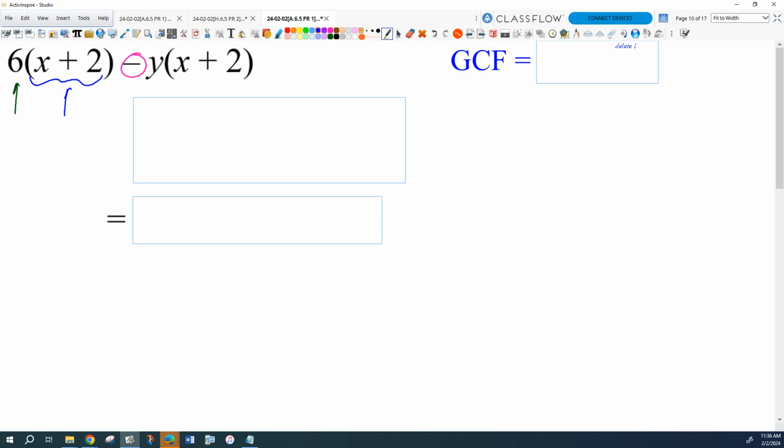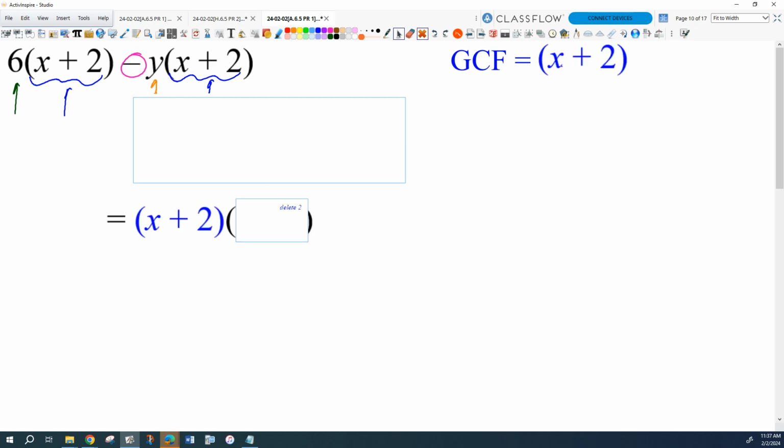How about the second term? How many factors? 2. Exactly. I've got the factor y, and I've got the factor x plus 2. What do you notice about the factors? Do you see any common factors in the 2 terms? Oh yeah, the x plus 2 is the same, isn't it, right? Yeah, the quantity x plus 2 is the common factor. Everybody see that? Okay, so now I want to know, that's my common factor that goes out front, my